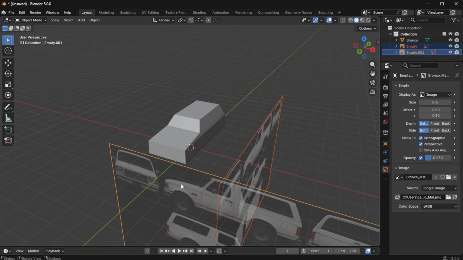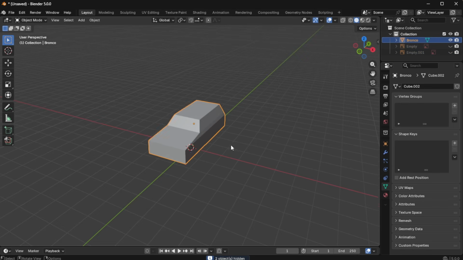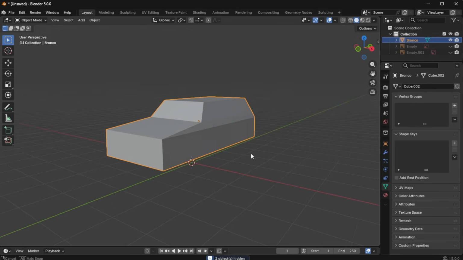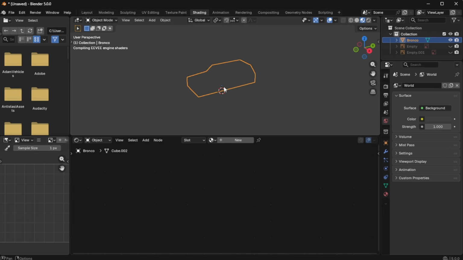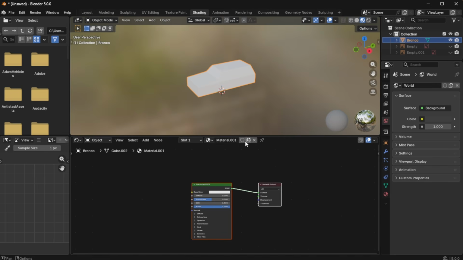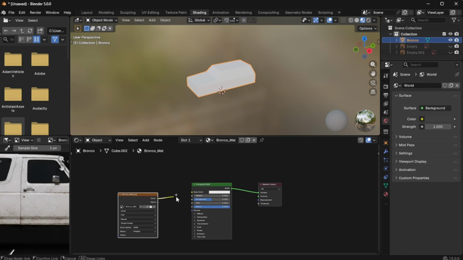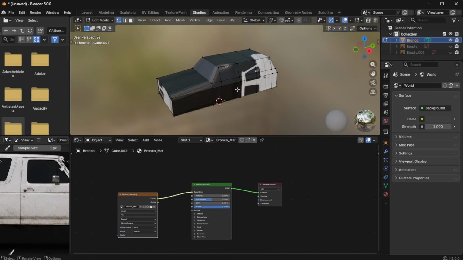So I'm going to go ahead and hide these references. We no longer need them. And it is time to actually throw the texture onto the vehicle. So I'm going to create a new texture here. I'm just going to rename it Bronco_matte. And then we're going to drag that same reference photo into there, and we're just going to connect that